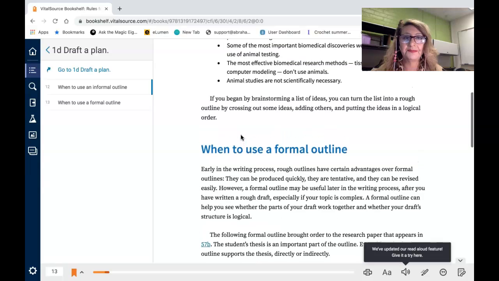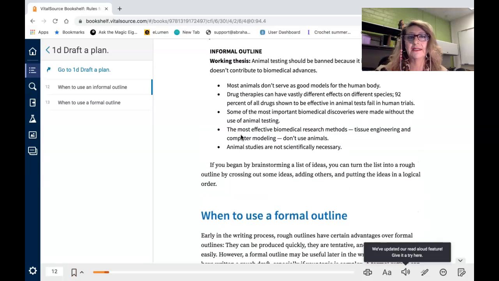And so look at this thesis, the working thesis: Animal testing should be banned because it is bad science and doesn't contribute to biomedical advances. So this isn't a really strong thesis, but it's a working thesis in the sense that it kind of grounds you with the ideas that you want to have. But later,